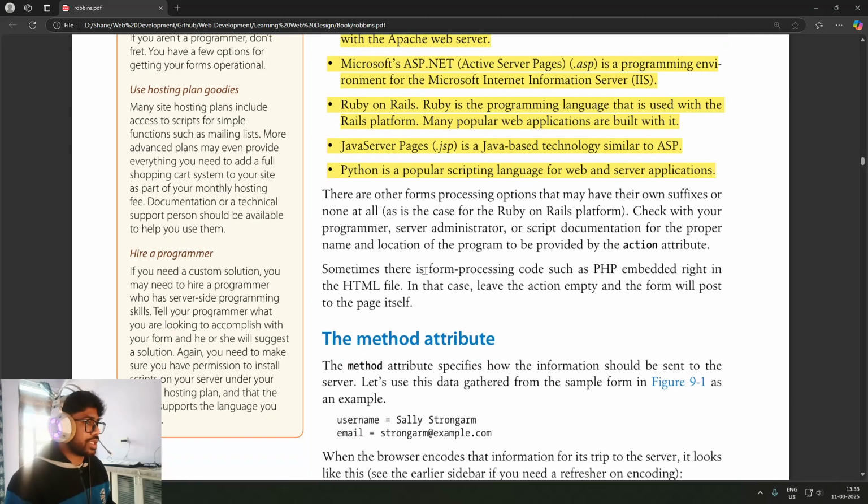Sometimes there is form processing code such as PHP embedded right in the HTML file. In that case, leave the action empty and the form will